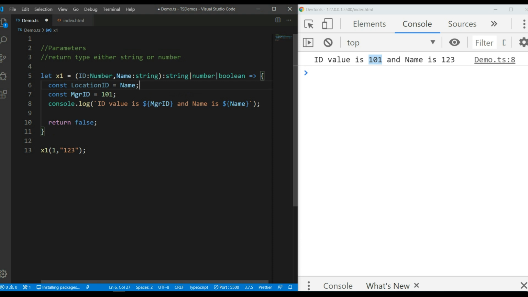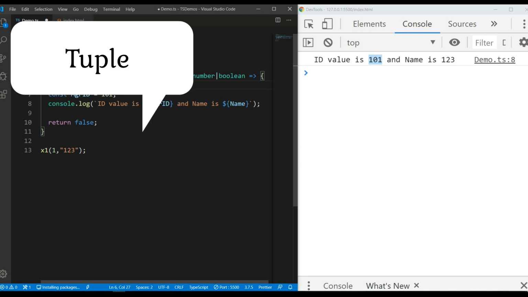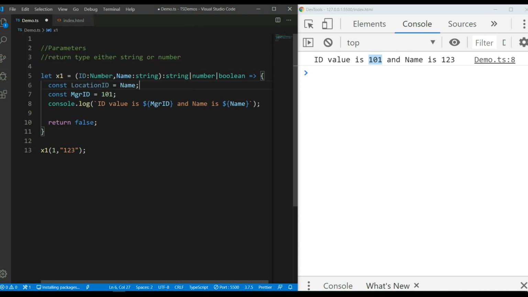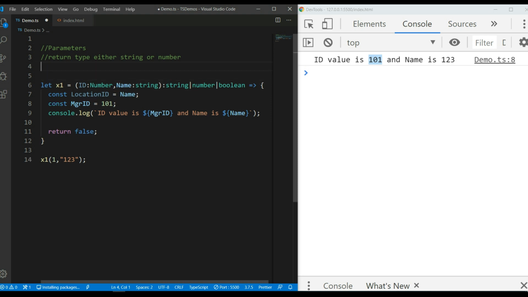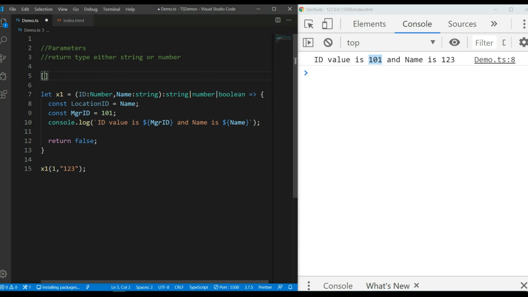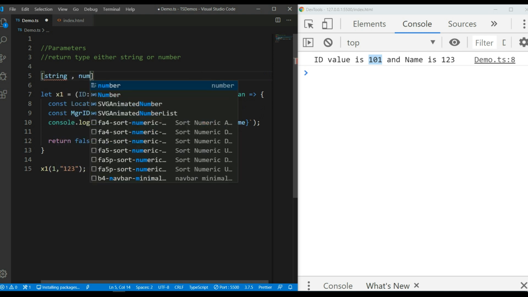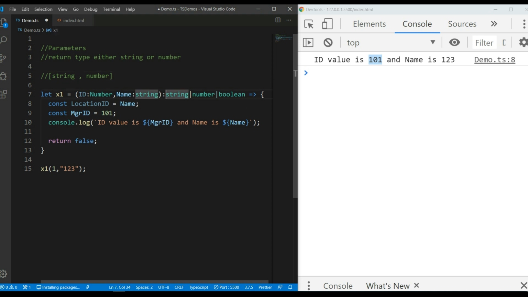You are saying that string or number or boolean value is okay, but I wanted to return a tuple type, which is expecting different data types, and I want different data types within one array. So how are we going to do that? I simply want to return the type as a tuple. Here I want the return type to be string or number. How are we going to do that? The same way, you can do it like this: array